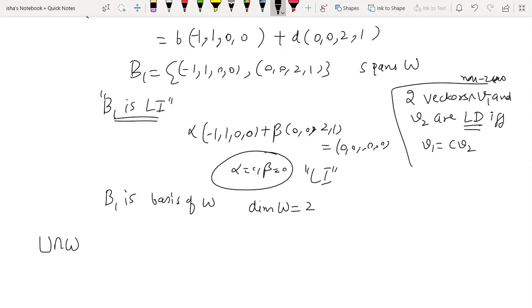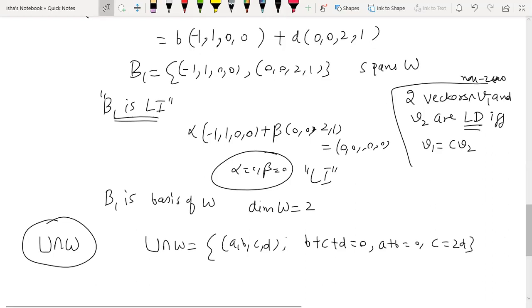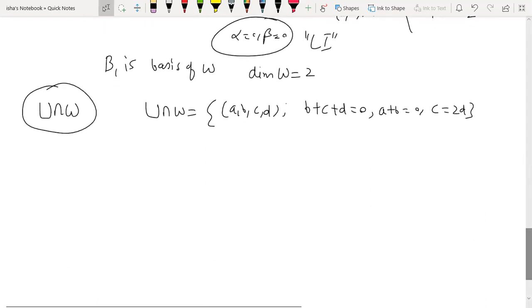Now we have to find the basis and dimension of U intersection W. For doing this, firstly I have to construct this set, because individually I know U. Intersection means and. Everybody knows intersection means and. If something has to belong to the intersection, it has to satisfy the condition of U as well as the condition of W at the same time. So both the conditions of U and W will be written here. U had this condition and W had these conditions. All the conditions collectively will be written here, because intersection means and, it does not mean or.